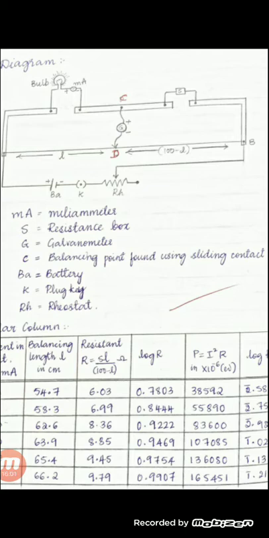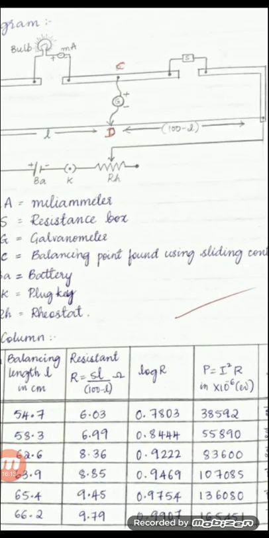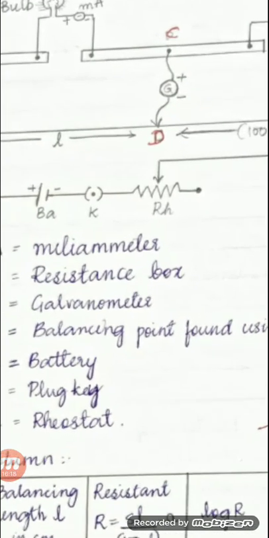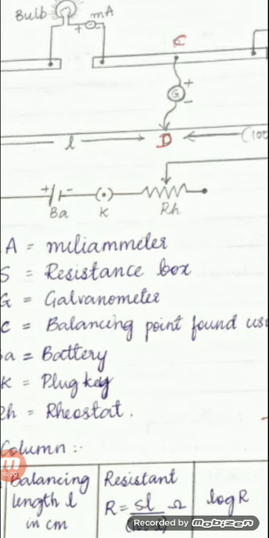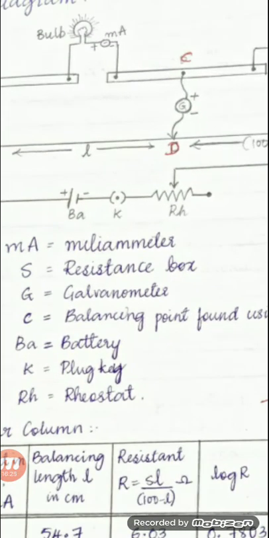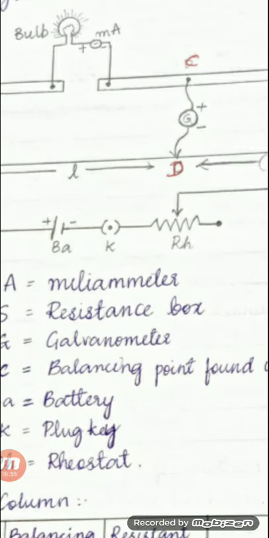In the next one, what you have to do? Repeat the same procedure by increasing the current. So how are you going to increase it? By varying the rheostat value. By varying the rheostat value, you are going to vary the current value, and the corresponding variation of current is shown in the